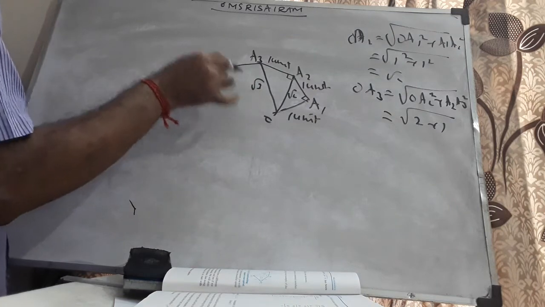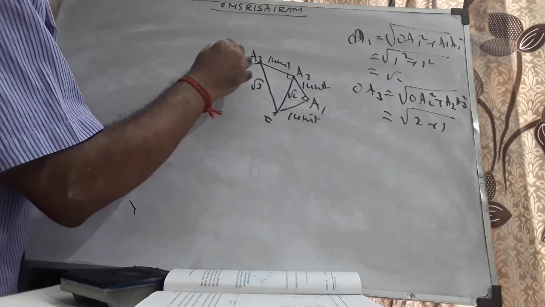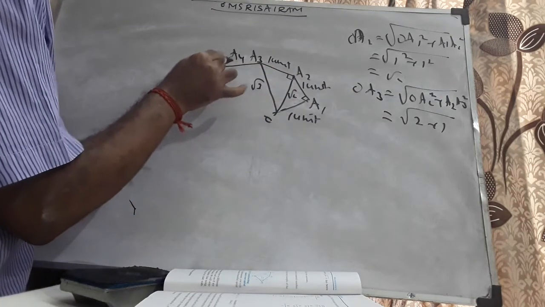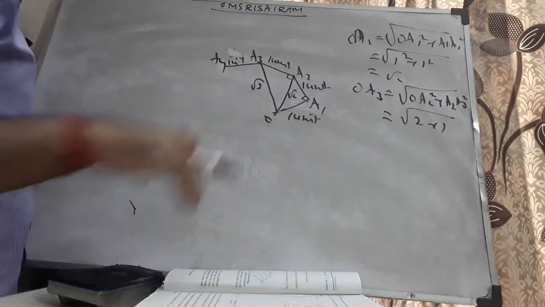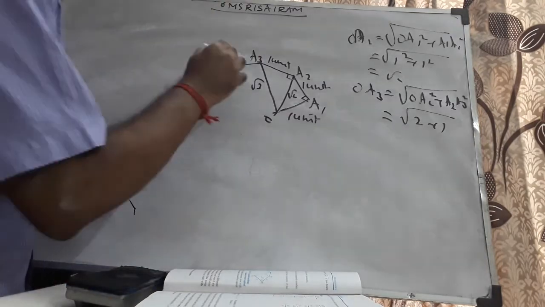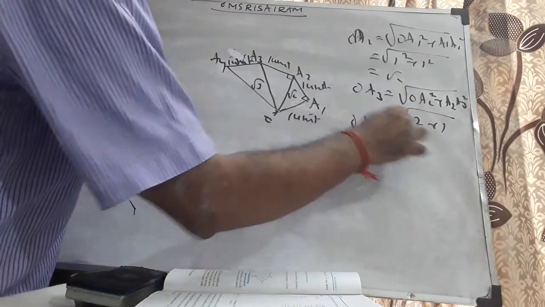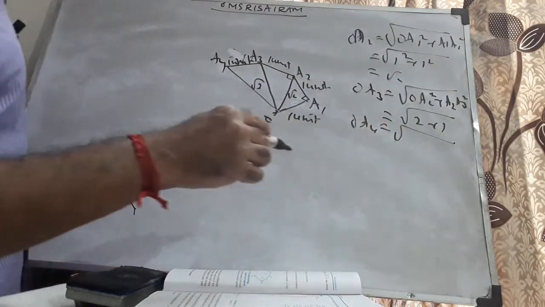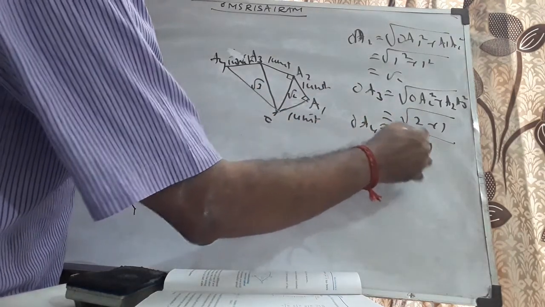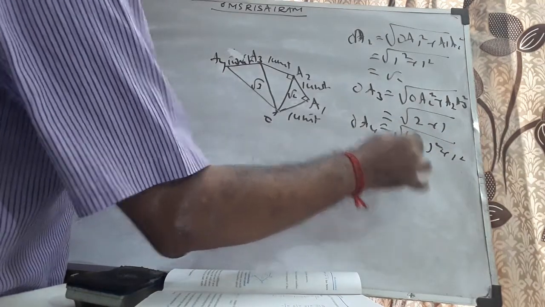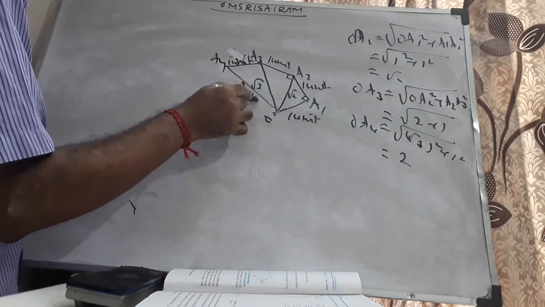Then continue further, mark 1 unit over here again. You call it, let us say, A4. Now this measurement will be 1 unit. Just draw OA4. OA4 now will be root of root 3 whole square plus 1 square, which is anyway 2. You can measure, this is 1 plus 1, this will be 2 units automatically.